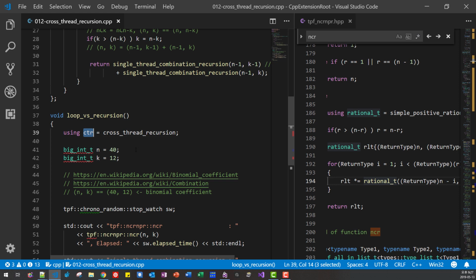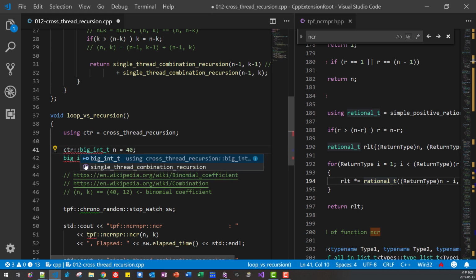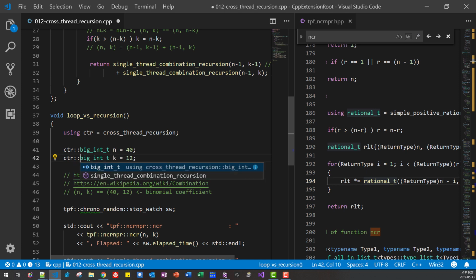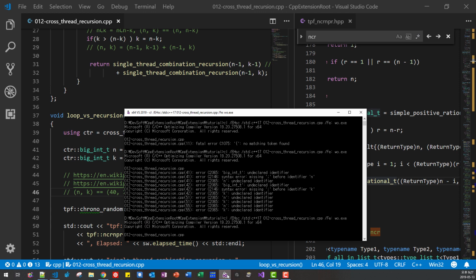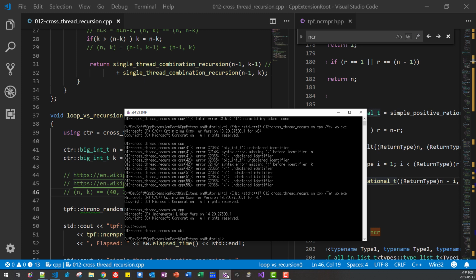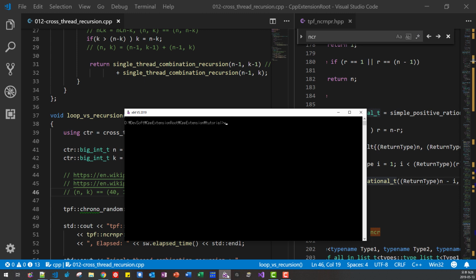So we have to give CRT here. Okay, now let's build once again. Okay, cls. So the first is ncr. This is loop based algorithm.